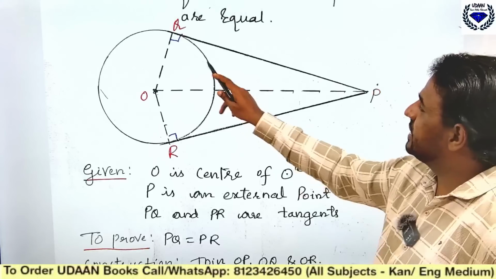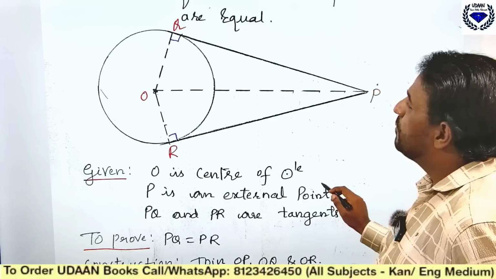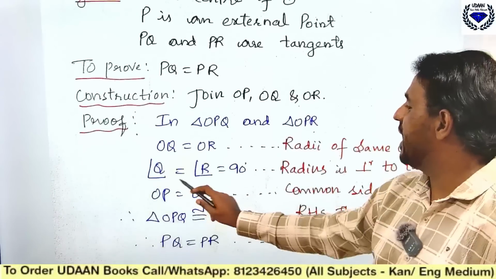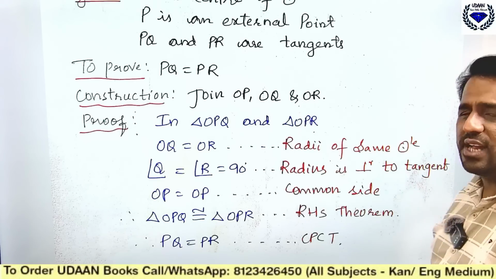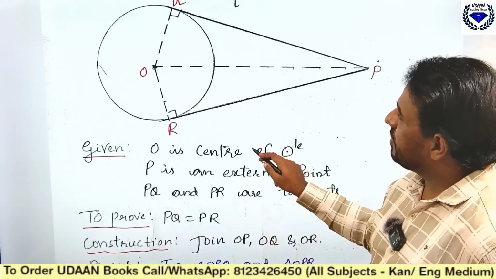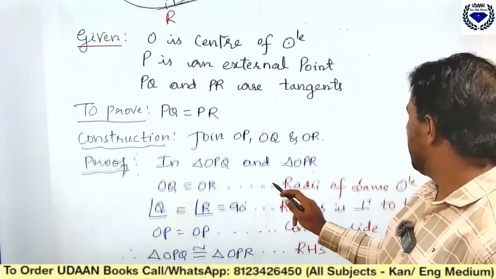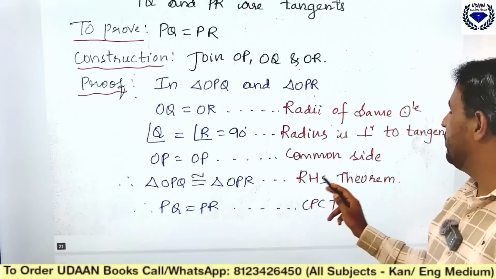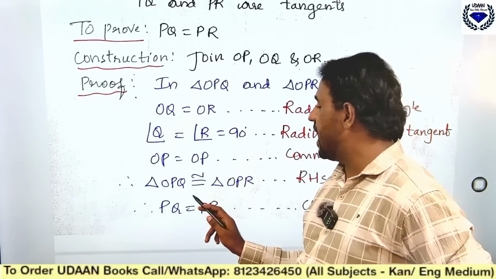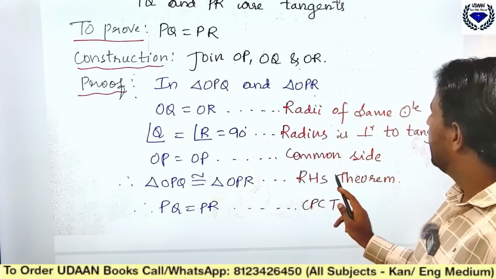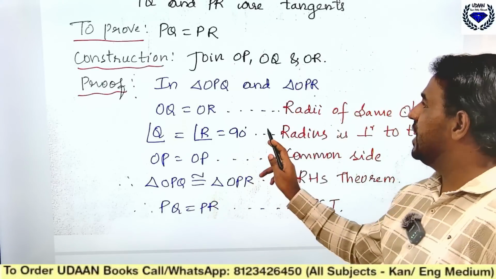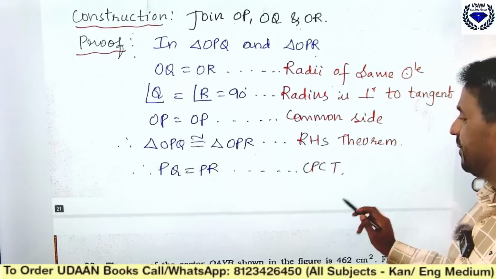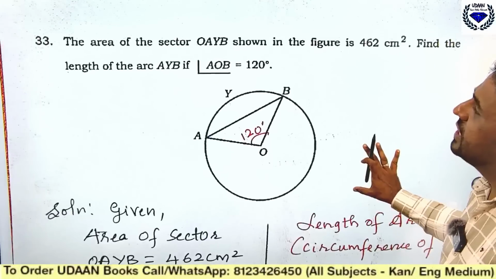Now take the two triangles, that is OQP and ORP, prove that they are congruent. First is what? Angle Q and angle R are equal. Can you tell me angle Q and angle R are equal to 90 degrees, because radius and tangent are perpendicular. Then OR is equal to OQ. Why? Because radii of same circle. Then you can find OP is common. OP is equal to OP will give you common side. Therefore, triangle OPQ is congruent to triangle OPR, because right angle hypotenuse side theorem. Therefore, length PQ is equal to PR. Okay, that is what you should write, CPCT. Okay. Then coming to question number 33, the area of a sector